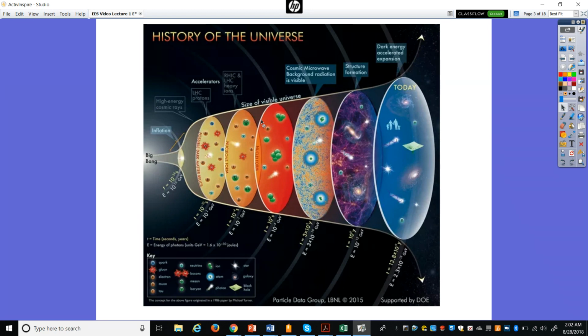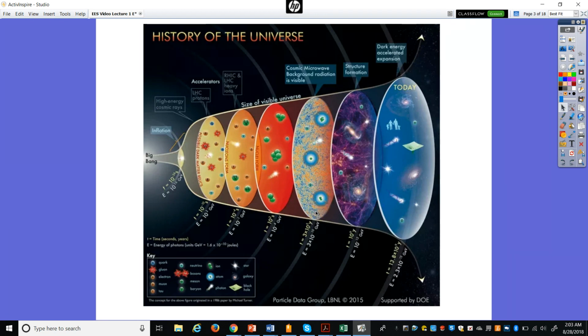And then about 300,000 years later, they organized over a period of time, and these neutrons and protons and electrons formed our first neutral atoms. If you remember our cosmic timeline, that was one of the items on that timeline, these neutral atoms. And when they formed, we suddenly had light. So light was formed.